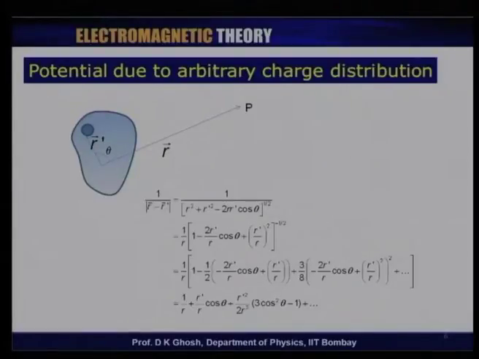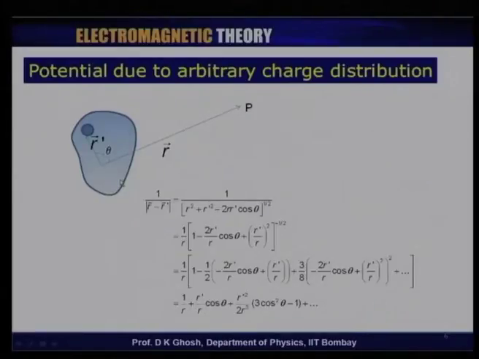Now, what we want to do is to look at such a material and find out, for instance, the potential that is generated due to this. But before that, suppose I have a material, and let us suppose I have a small volume in which I have got some charge distribution rho. How do I write down the electric field due to such a charge distribution at an arbitrary point P, let us say outside this material?